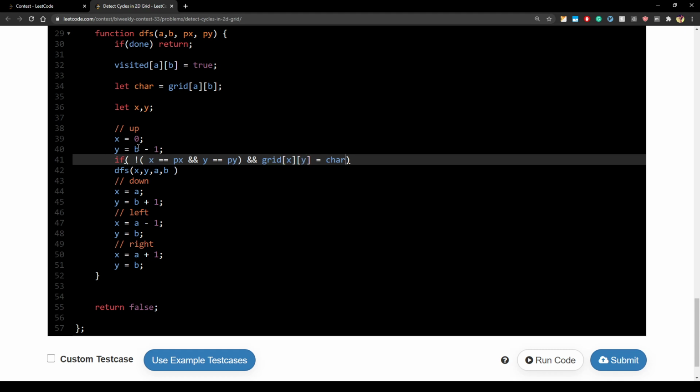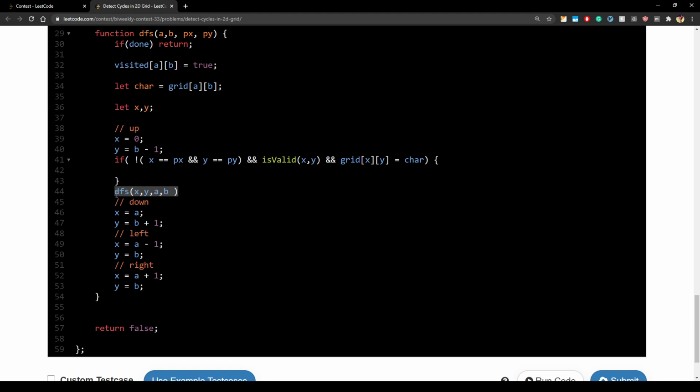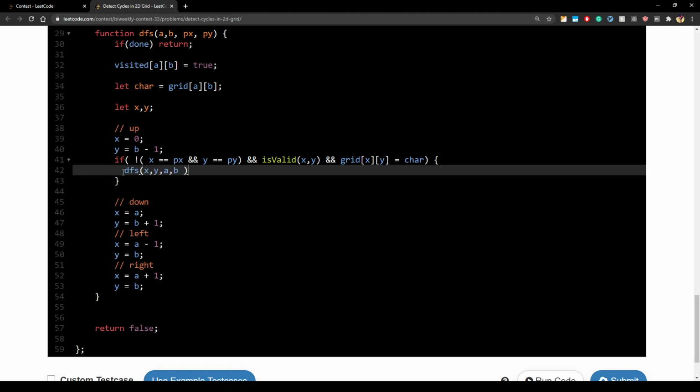For example, if b was 0, then y will be minus 1, and minus 1 will not be part of the grid, and it can give exceptions. So we will just write a function which will say isValid x comma y, and then we will check if we are moving to the same character, only then we will start DFS. So we will put it inside an if case. This is the least we will do, and then we will do this for other directions as well.